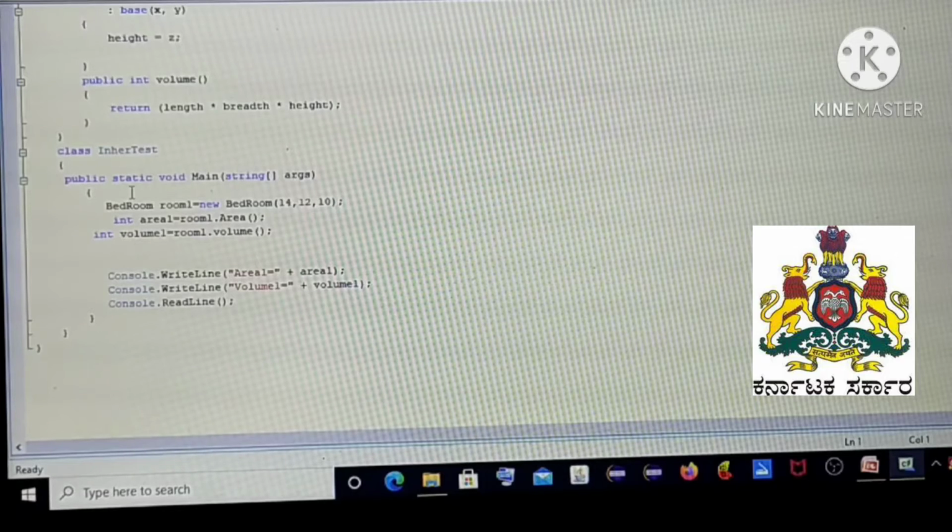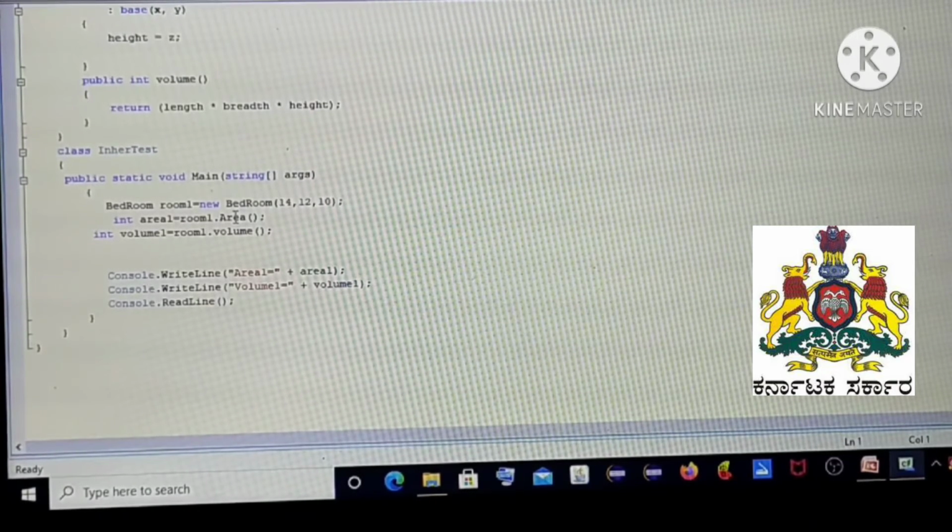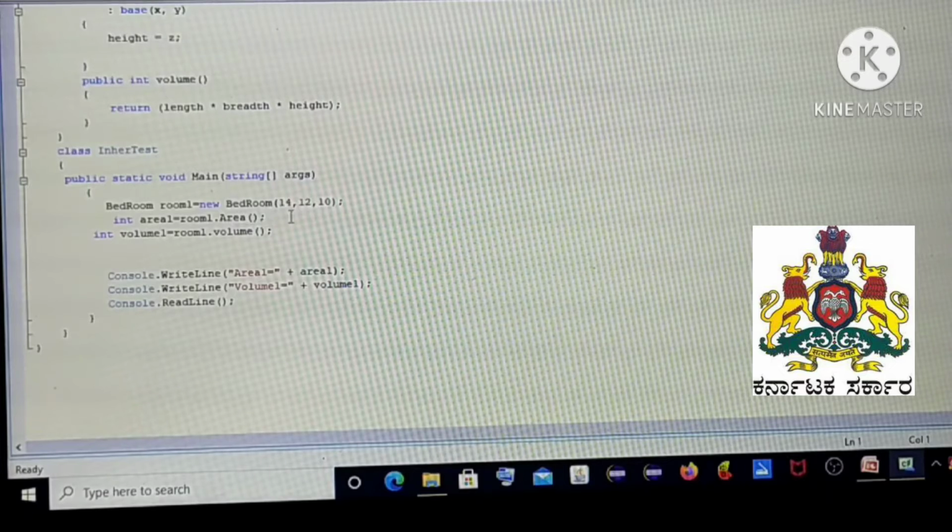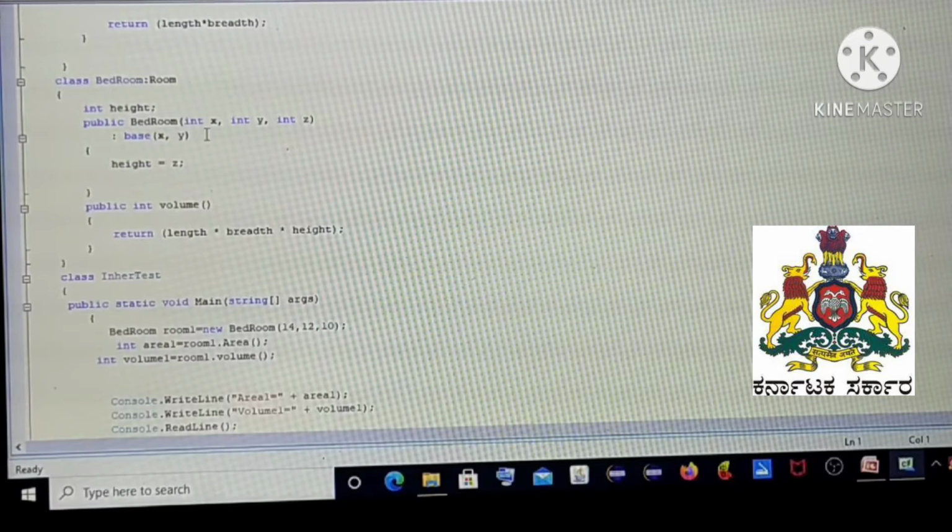In the main class, we are creating an object, room 1, and we are directly passing the values 14, 12 and 10 to the constructor method, which is bedroom. Remember, we are passing three values. We are passing the value 14 to x, 12 to y and 10 to z.